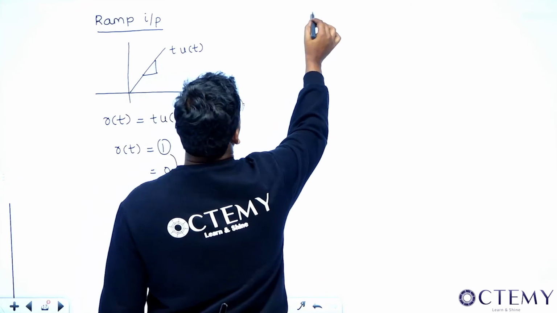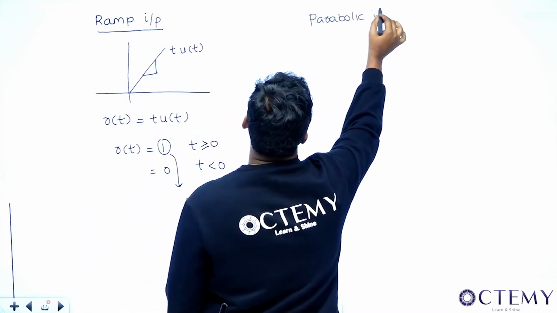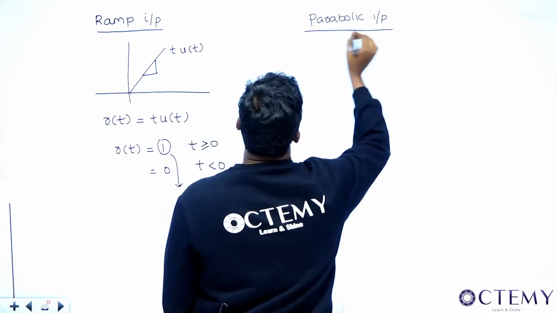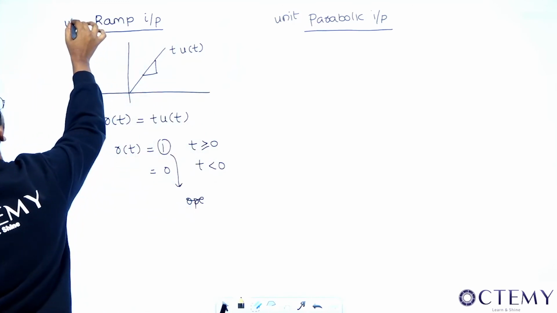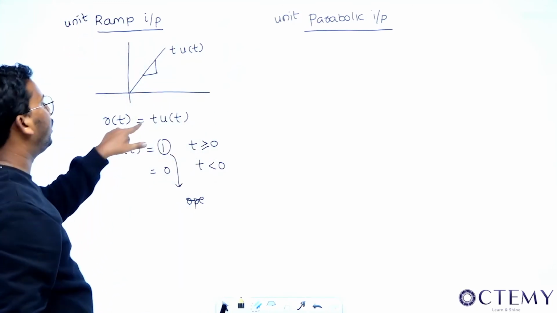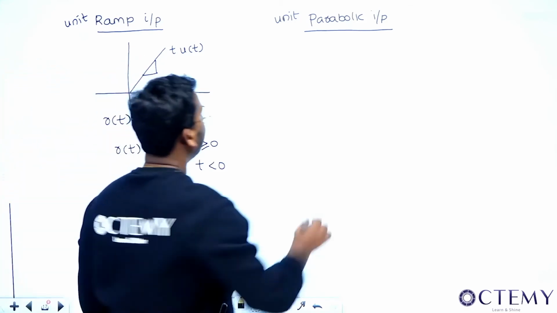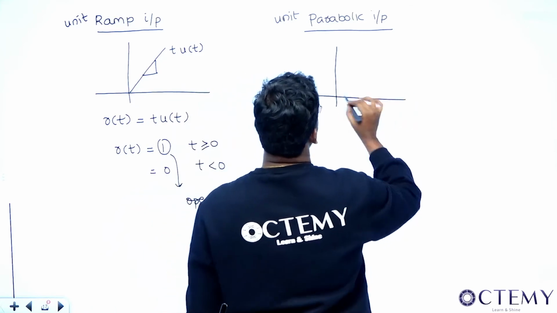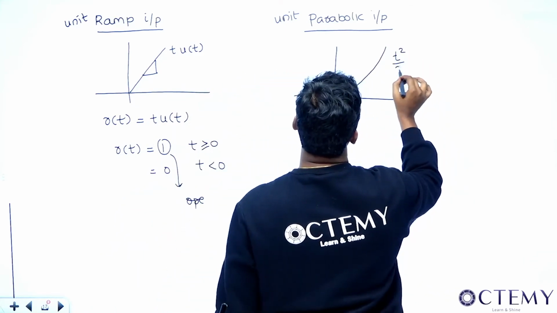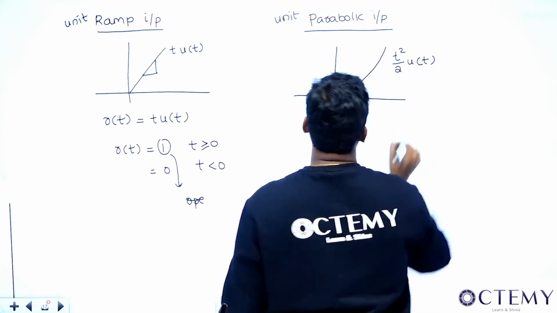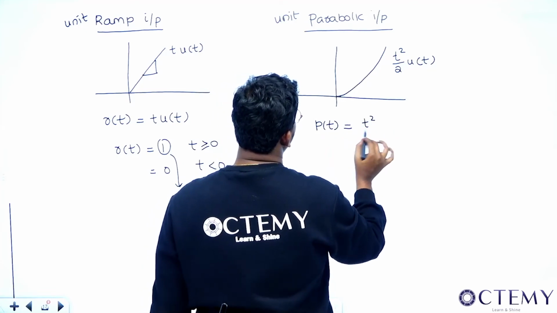Similarly, if I write the parabolic input, I am writing all as unit. If you don't write unit, what is the meaning of this? If you write unit, you will get 1 here. If you write some other thing, you will get some constant, a or k. Right? So the parabolic input will look like this. It will rise like this. This will be t square by 2 u(t). That means p(t), the parabolic, will be written as p(t) equal to t square by 2 u(t),